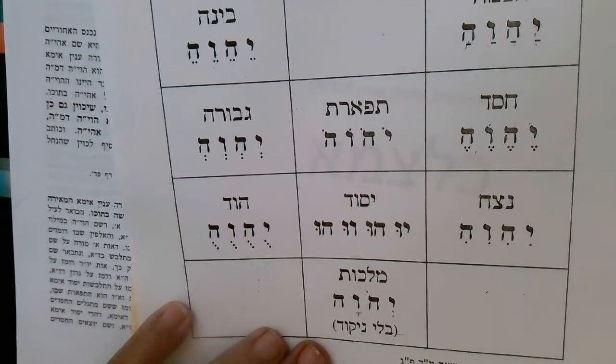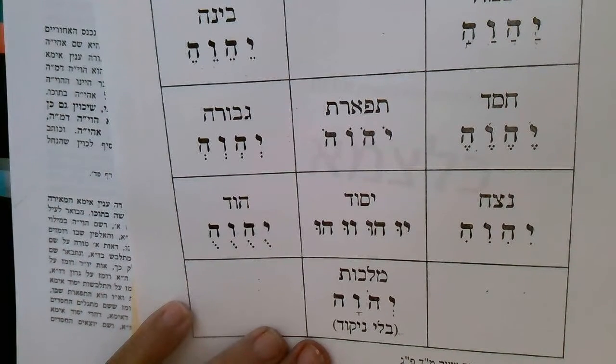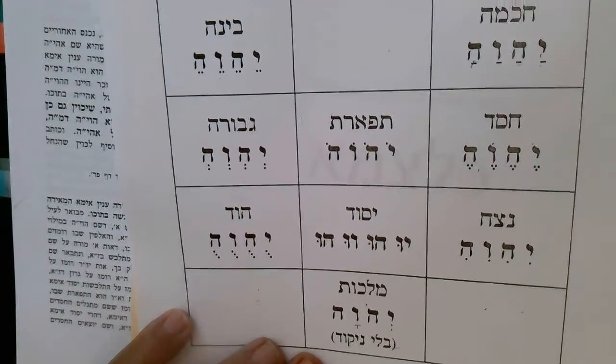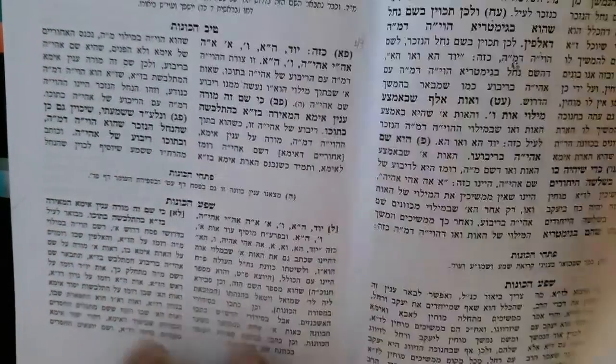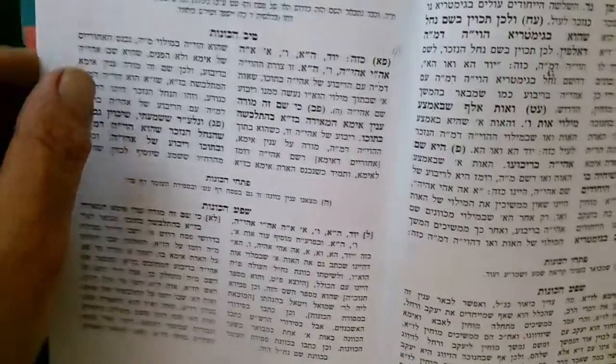And Malchus, I put in the vowels that we normally see by Malchus, but he said, believe Nikud is the way to think of Malchus. Malchus is empty. Empty of what? So she's empty. So these others have different kinds of vocalizations that go with them that apparently mean something in Kabbalah. All of it I don't know, but for the basis of coming over here to this little drawing that I wanted to show you today,